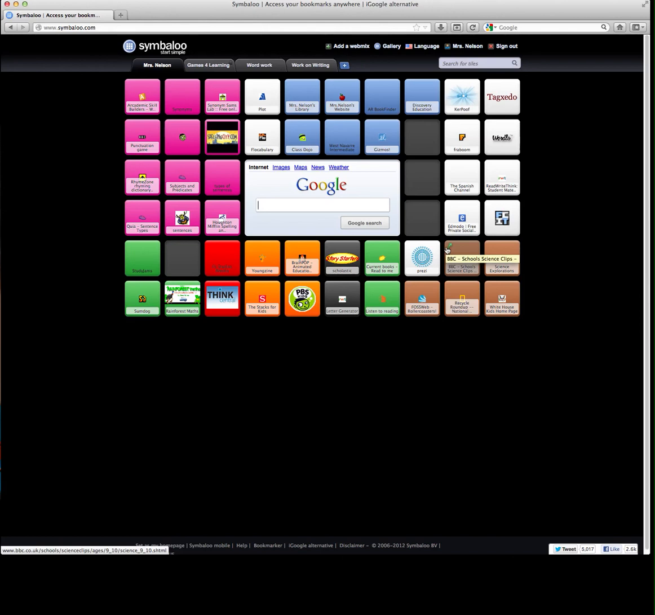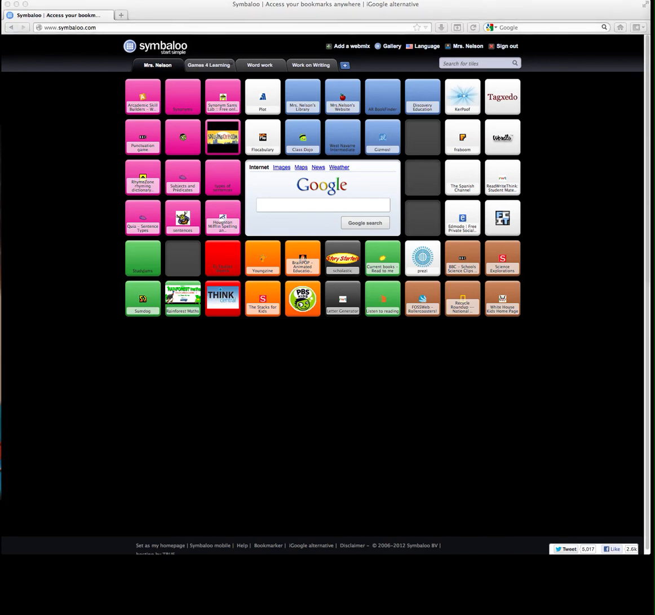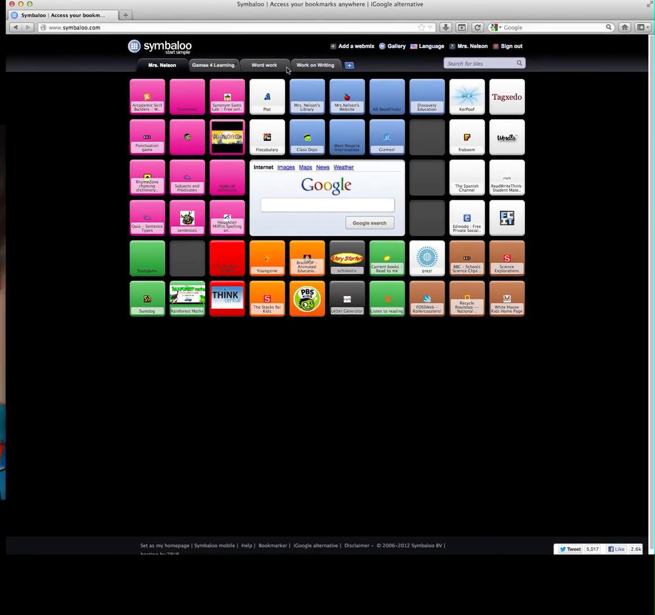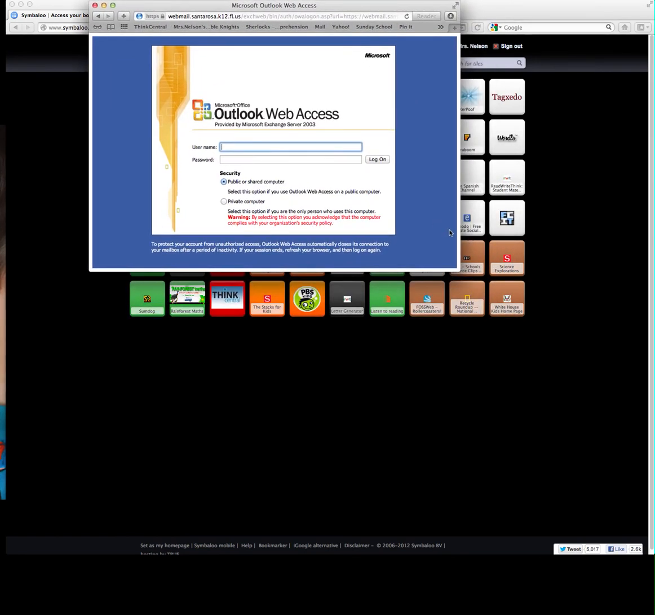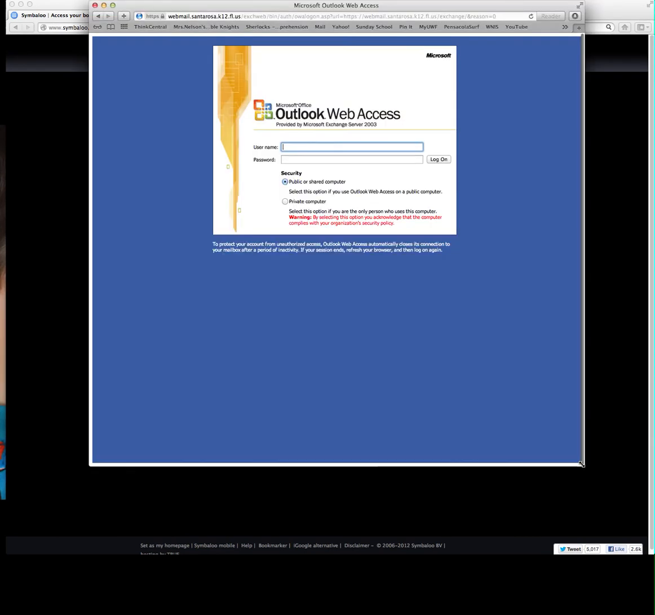And another good thing about Symbaloo is that if you have a smart board or a Mimio, some sort of interactive whiteboard in your classroom that you use, you probably know that... I'm sorry, I'm trying to open Safari, but it's not working because I've got this recorder on. Oh, here it is. Okay, so anyway, say you have an interactive whiteboard and you have bookmarks